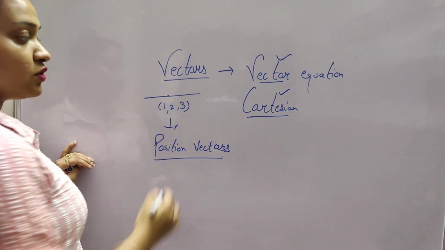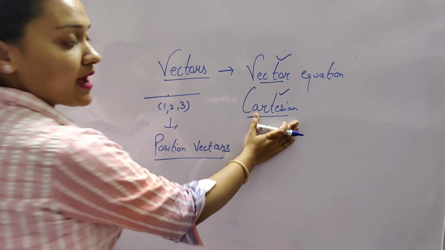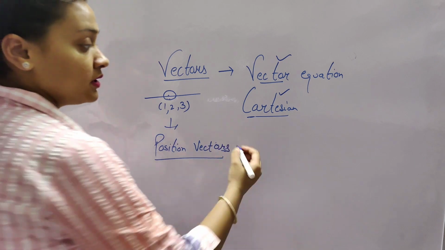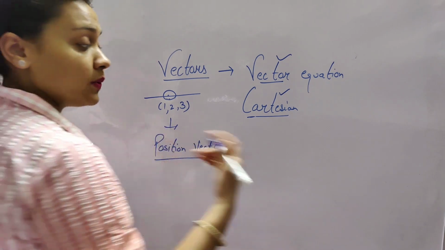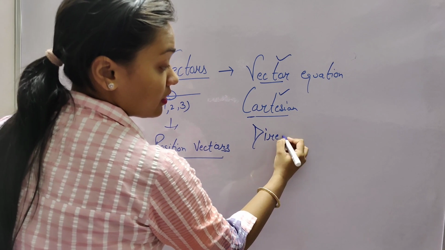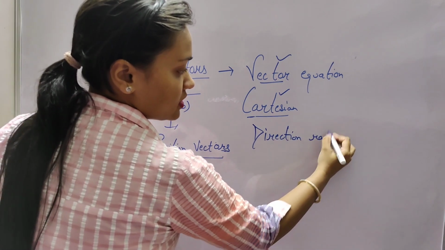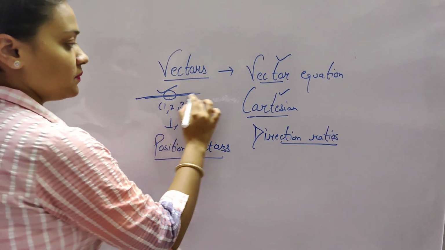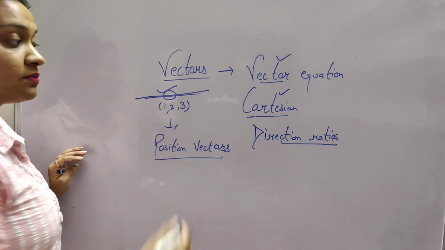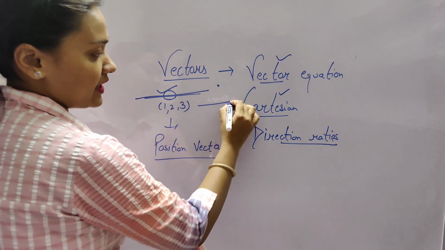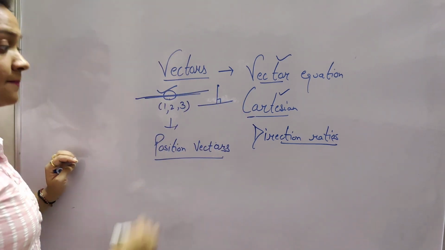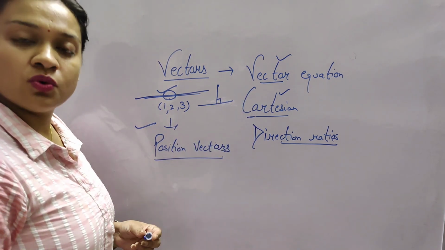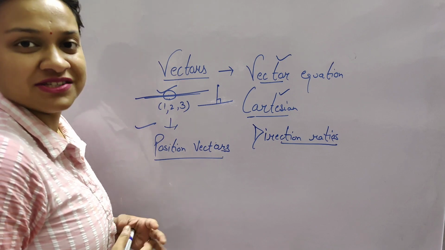So students, in this video we are going to understand vector equation and Cartesian equation if they are passing through a point, and accordingly we are also going to study direction ratios. This point is passing through a line, or maybe a point which is parallel to a line or perpendicular to a line. So regarding this we build vector and Cartesian equation. So let's start with some questions.